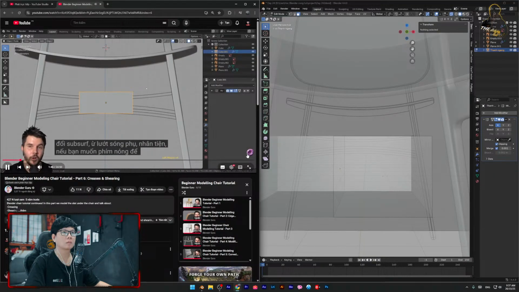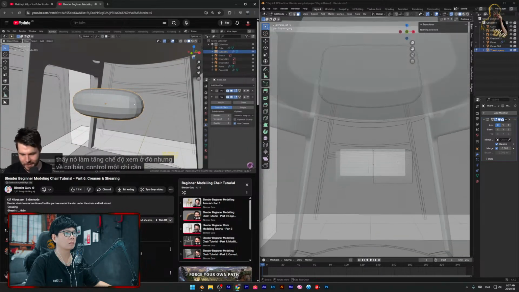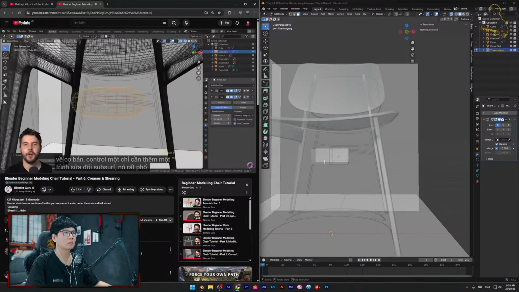Which, by the way, if you want the hotkey to add a subsurf, Control 1 will add a subsurf modifier with viewport of 1. You can go Control 2, 3, 4, 5, and you can see it increases the viewport level. But basically, Control 1, that's just add a subsurf modifier. It's that common. It's got a little